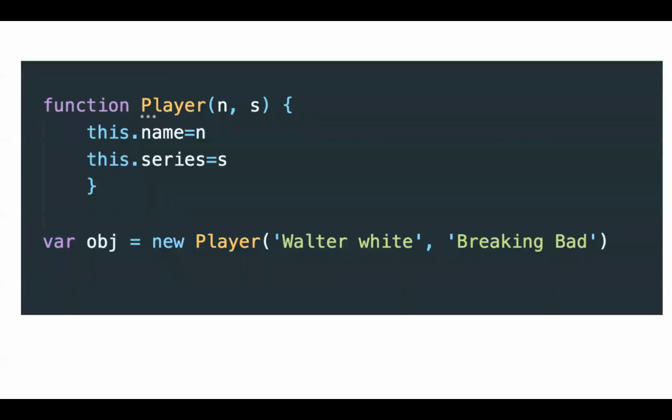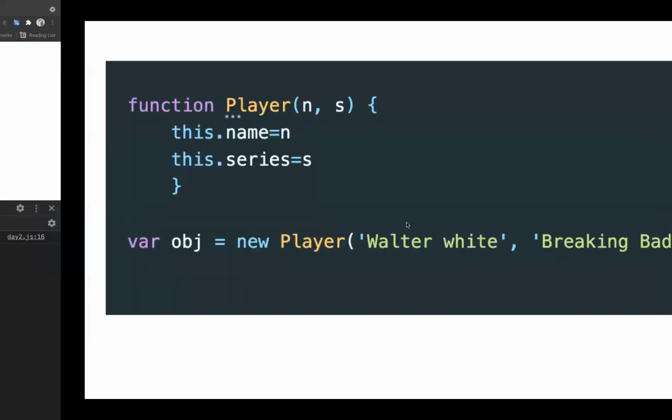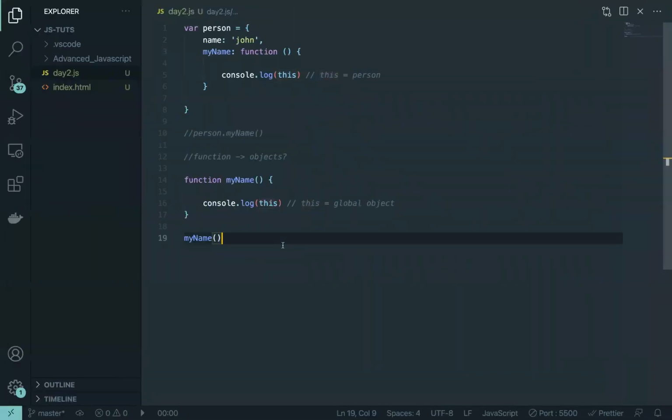Now this is the syntax of a constructor function. You can see it is a function. It has some parameters and we are invoking it, as you can see, with player, but there are some new terms here, and those are this and the new keyword. So let's get into that and see what kind of output we are getting, and why it is giving us that output. So we just comment this part out.